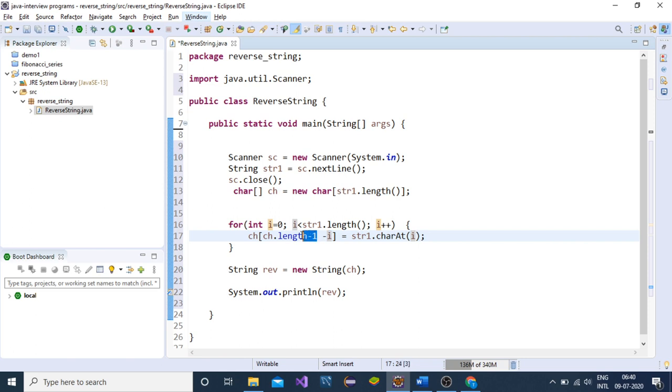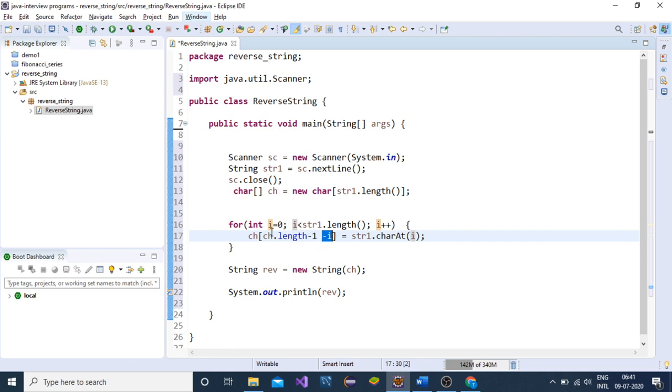So this is the last index of the char array, and we will subtract i on every turn in the loop. The first time we subtract 0, then 1, then 2, then 3.